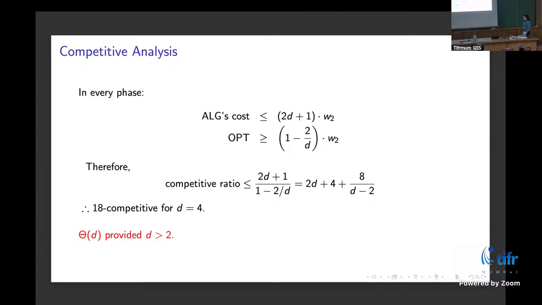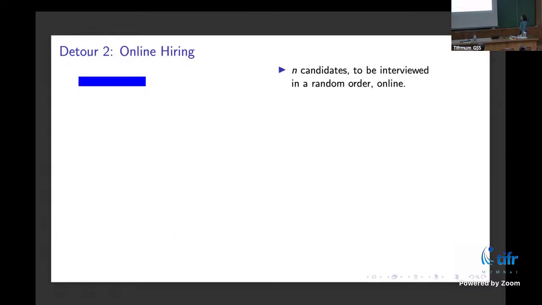Okay. So now, how do we randomize it? Before we see the randomized version of this algorithm, let's take the second detour. Okay, so here is the other interesting problem that I wanted to talk about. It's called the online hiring problem. So let's say we have